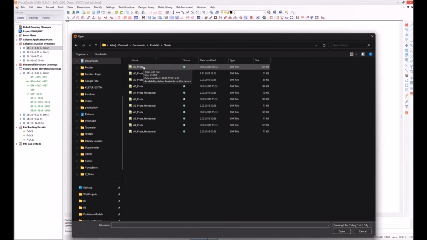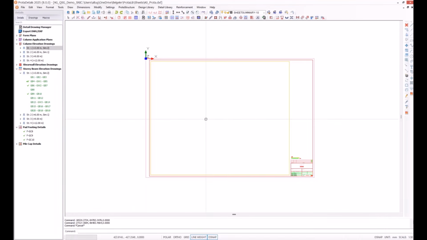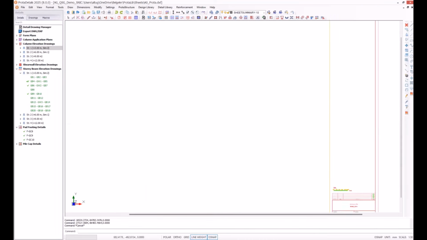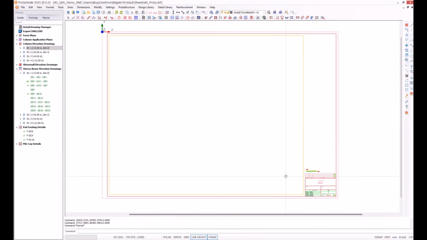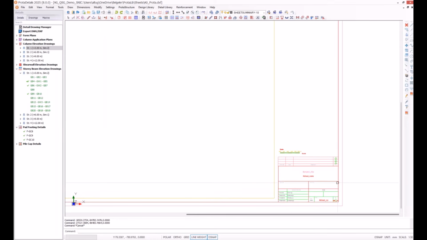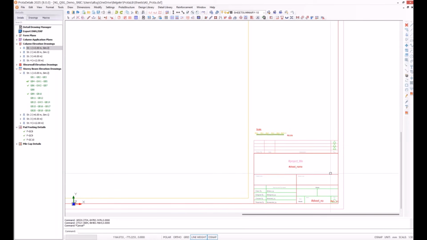So I'm going to open one of the sheets. Let's say this is the A0 size sheet, and I will see what I can do with this. Let's say my company has different standards than this sheet, because all of the companies use their own standards, right?